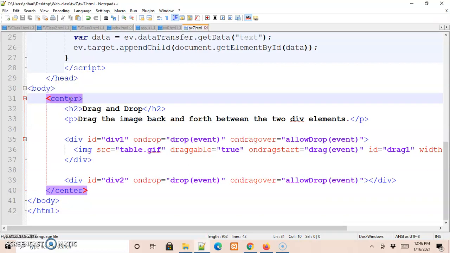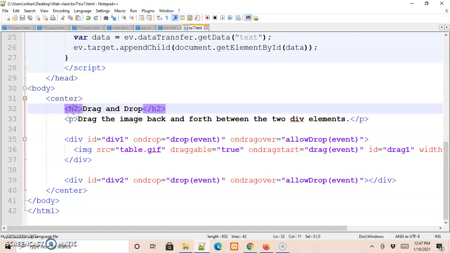and drop. So here we have the h2, which is Drag and Drop, and we have the paragraph, which is some information: drag the image back and forth between the two division elements. Now we have a division with an ID called div1, and we also have an attribute called onDrop.